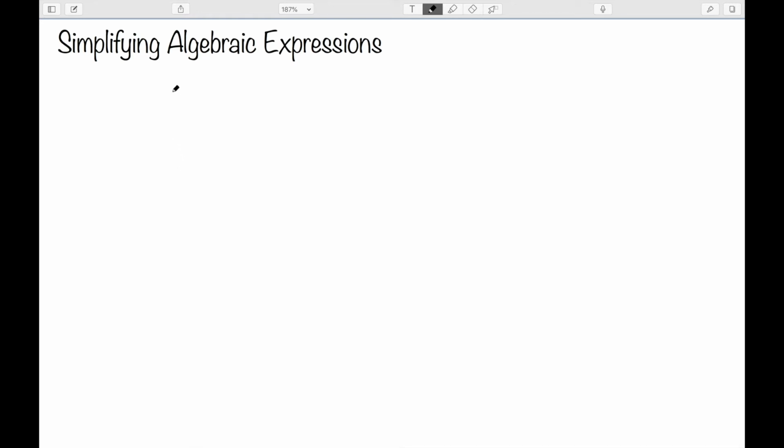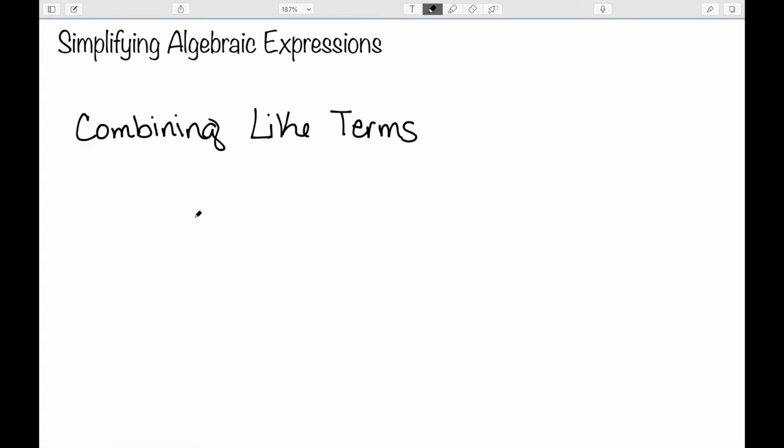In this video, I want to discuss the idea of simplifying algebraic expressions. We want to put them in their smallest, most compact form. In order to do this, we use the idea of combining like terms. We want to combine things that are similar. As an example,